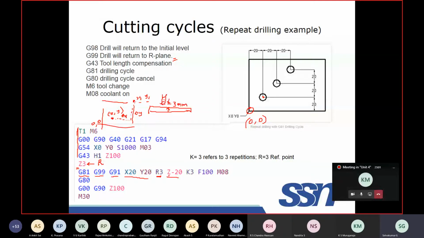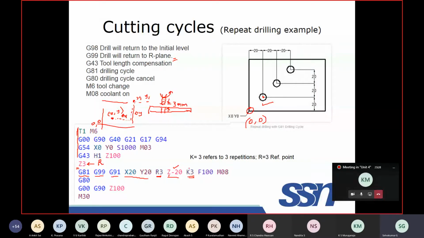Depth of cut means the drill will rotate with a certain RPM and enter the workpiece so that I can make a hole. This is the Z movement of the tool in the Z direction, so the drilling is done at this location and this hole is done. If you refer here, K equal to 3 means this operation is repeated 3 times.